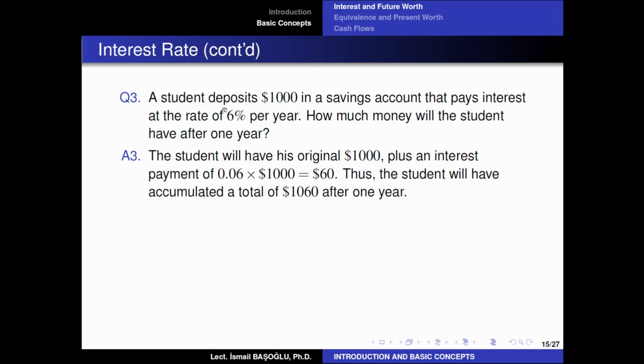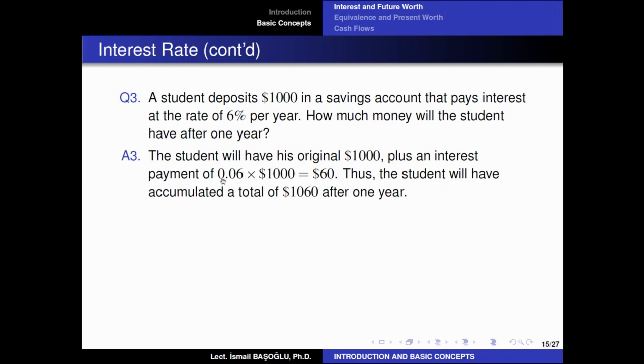So the 6% interest rate here is rewritten as a decimal. You can see this decimal rate is also called the interest rate, but it is given in decimals, 0.06. So this is the percentage interest rate. This is the decimal interest rate. If you divide the percentage interest rate by 100, then you get the decimal interest rate. In all of the mathematical calculations, we always use the decimal interest rate. So this percentage interest rate is just a symbol. So 6% is equal to a 0.06 interest rate as a decimal.